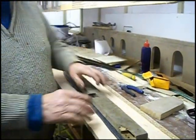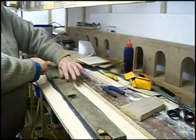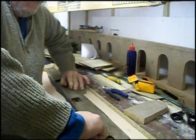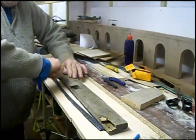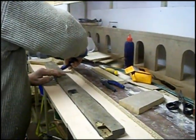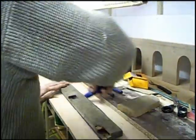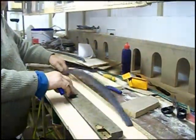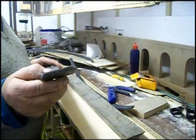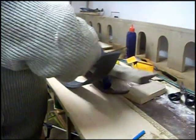And you use a Stanley knife or a sharp knife, and if you cut it at an angle like that, good blade. See that it's not moving. There you go. That's one. Come back on the other side. Put it at an angle like that. It's not moved. Take it away. Now you see you've got your angle. Can you see that? So when I put my track on it,